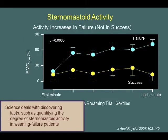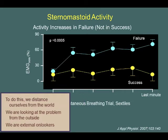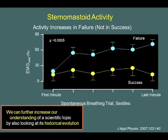because science deals with discovering facts, such as quantifying the degree of sternomastoid activity in weaning failure patients. And to do this, we distance ourselves from the world. We are looking at the problem from the outside. We are external onlookers. But we can further increase our understanding of a scientific topic by also looking at its